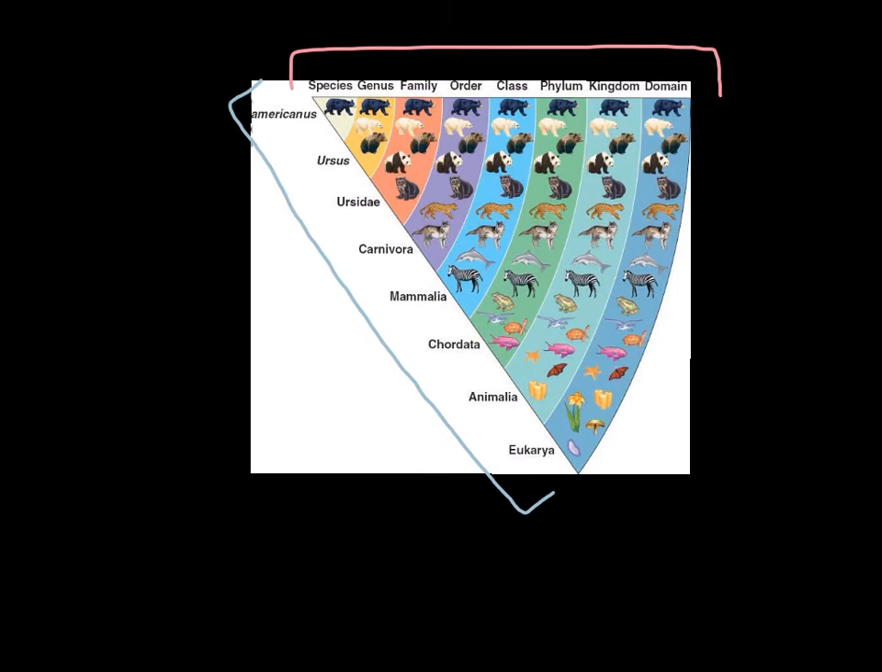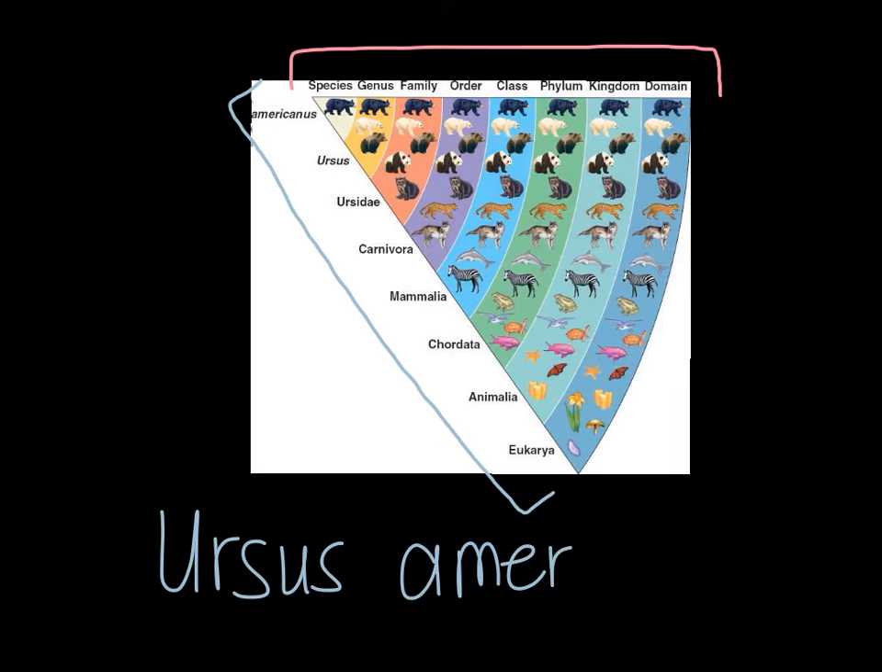Okay, so hopefully what you have written down or what you thought of was that the black bear should have the name Ursus americanus, because that is our genus and our species for this animal. And remember, genus is capitalized, species is not. All right,